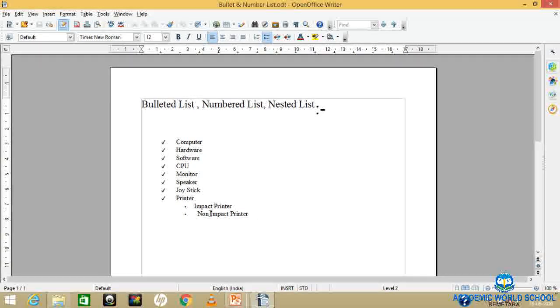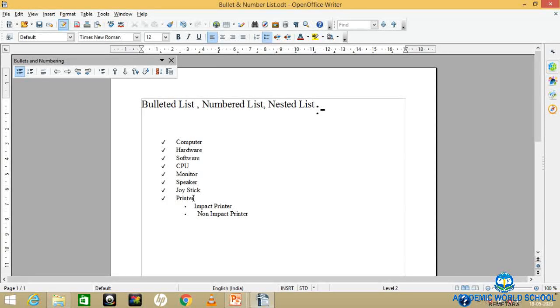See here, this is bullets and this is numbering type. Now in this numbering type you will see many types of formats available. Whatever format you want, you just click on OK, it will appear. So this is the method to change it.